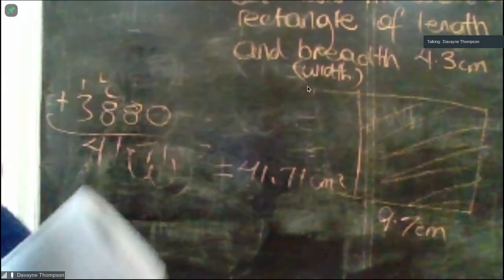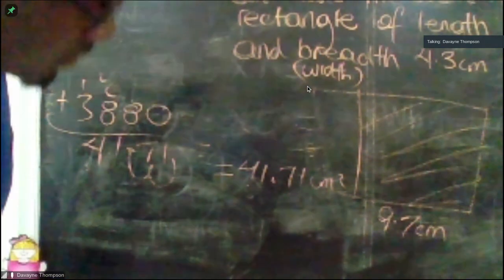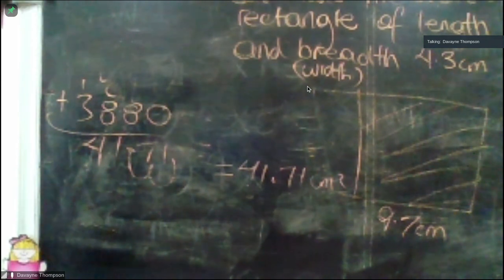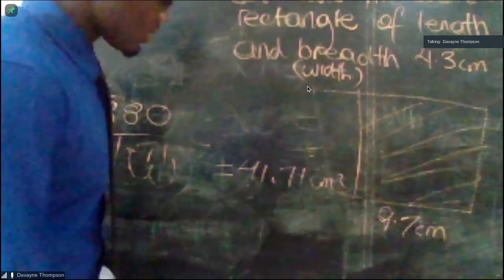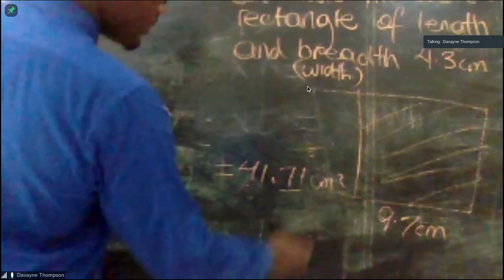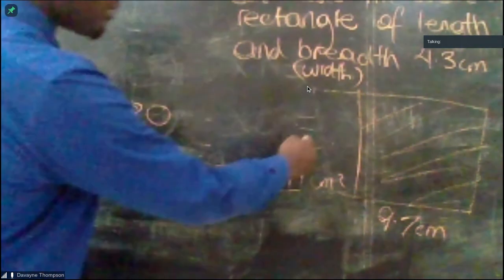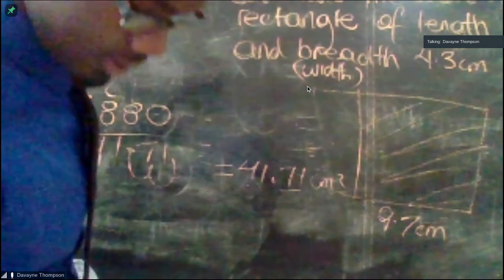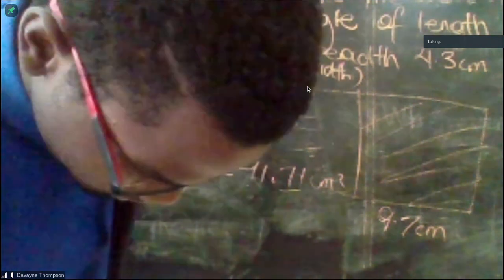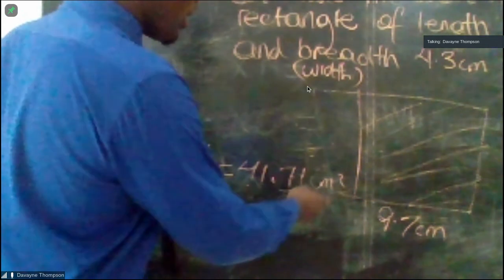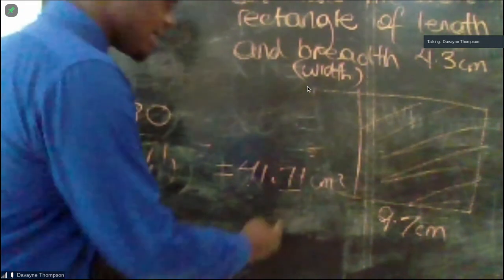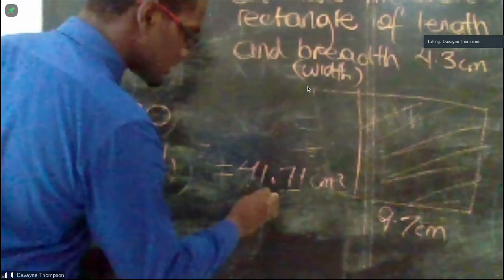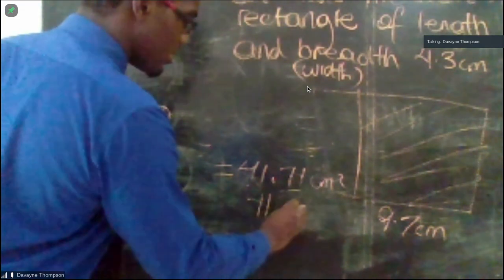What did you do? I didn't round it to 1 decimal place. Right, so you look at the 7, and the number to the right is 1, which is less than 5. So we just drop the 1 and leave the 7. So our answer is now going to be 41.7